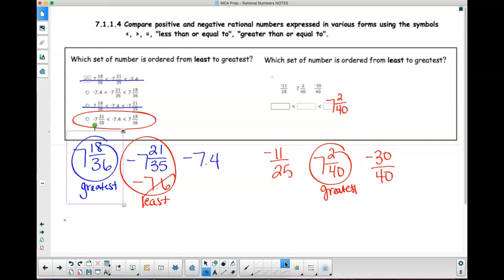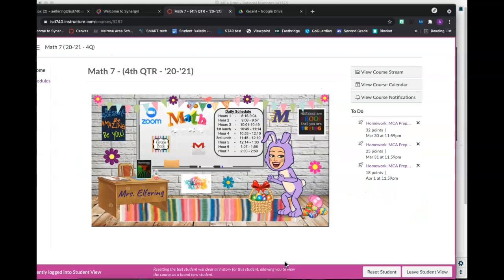So you use your calculator and do 11 divided by 25. 0.44. So it would be negative 0.44. And then if we do 30 divided by 40, you get negative 0.75. Which is smaller? Which one is more negative? Go ahead, Kev. Yeah. So this is the least. So in order from least to greatest, we'd have to put negative 30 over